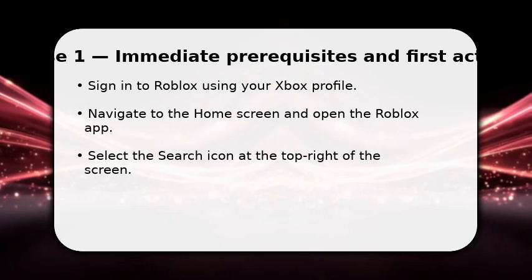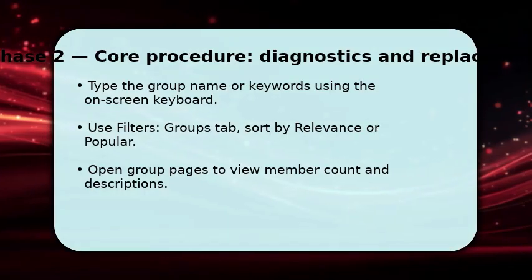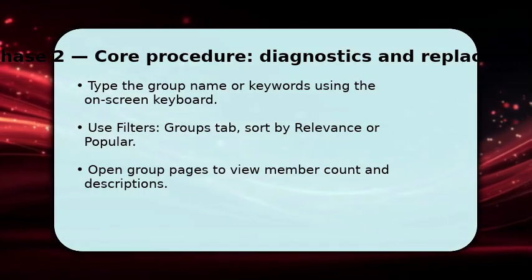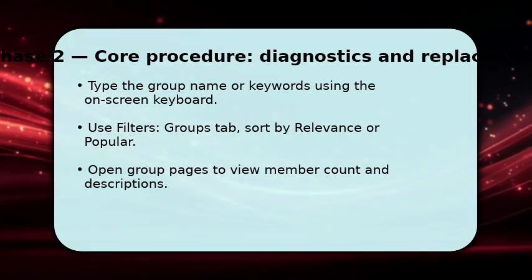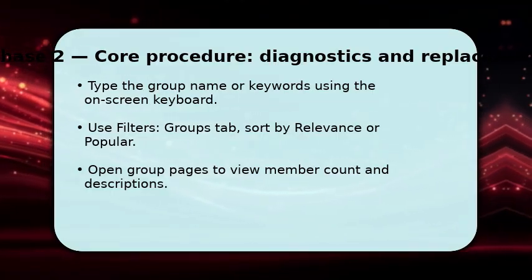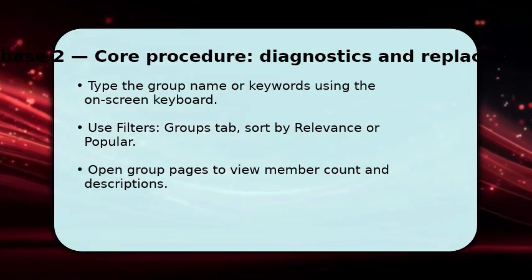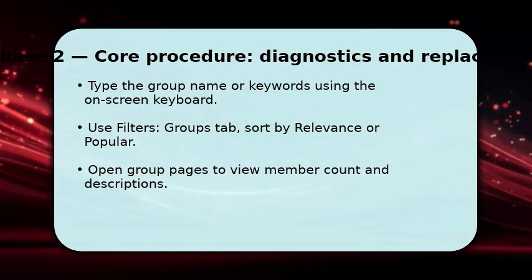You now type the exact group name or targeted keywords with the on-screen keyboard. Press the RB or LB to switch keyboard sections if needed. Once results appear, move to the Filters and select the Groups tab, then sort by relevance or popular to prioritize